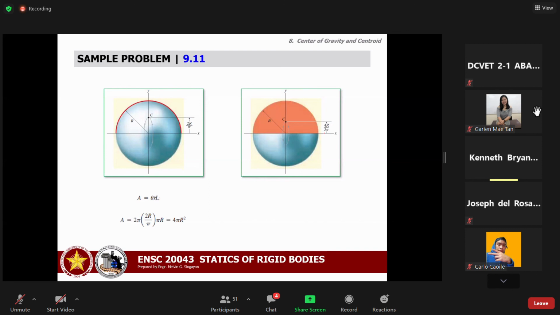So using the theorem of Pappus and Guldinus for this volume, volume is equal to theta times bar r times A. Theta is 2 pi, since it is one complete revolution. Bar r is this one, the perpendicular distance. So we have 2 pi r